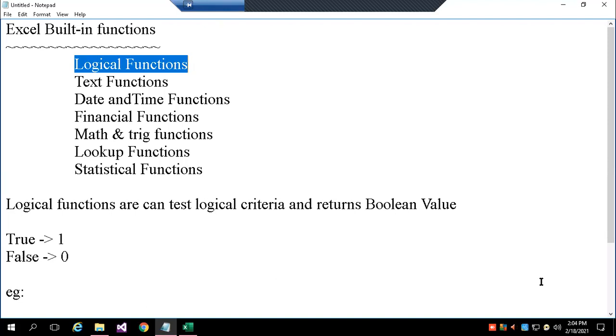A few minutes we will wait, then I'll start. Anybody have any doubts with respect to previous chapters? Have you practiced?